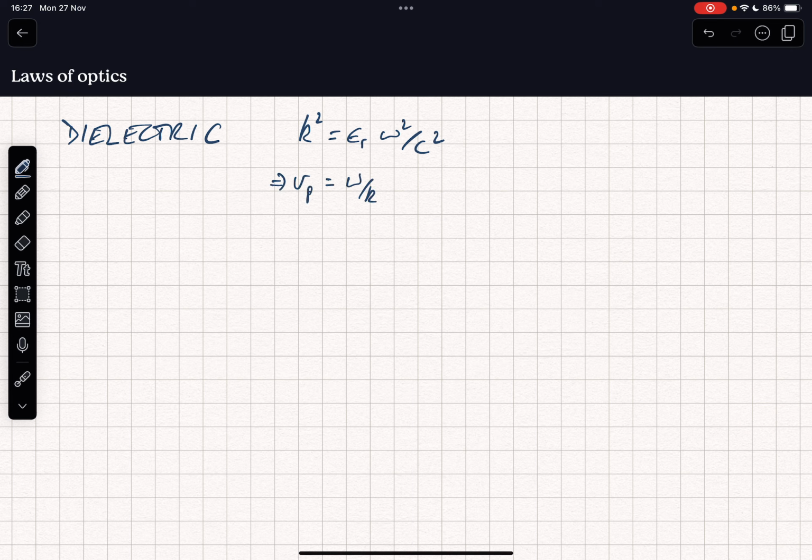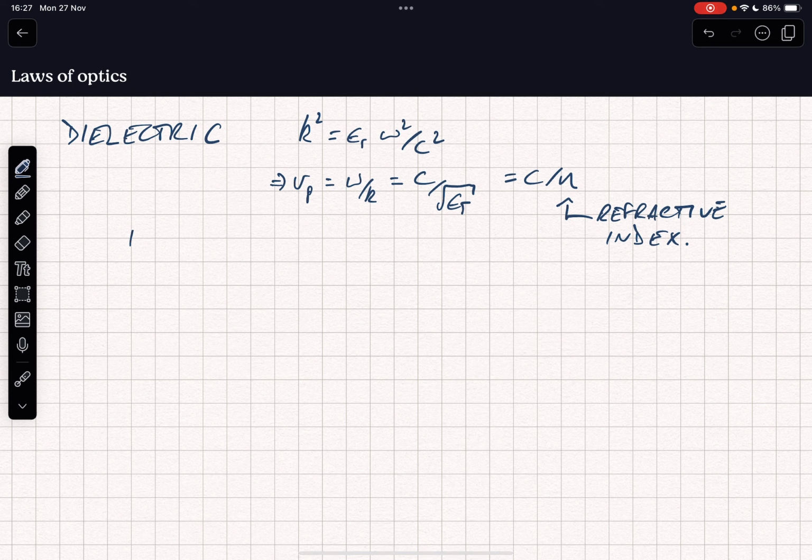of course omega over k, is equal to c divided by the square root of epsilon r, and we often write this in optics as c over n, where little n is known as the refractive index, and this characterizes the behavior of light in the material. We've assumed here implicitly that mu r is equal to 1, which is almost always a good approximation, and particularly